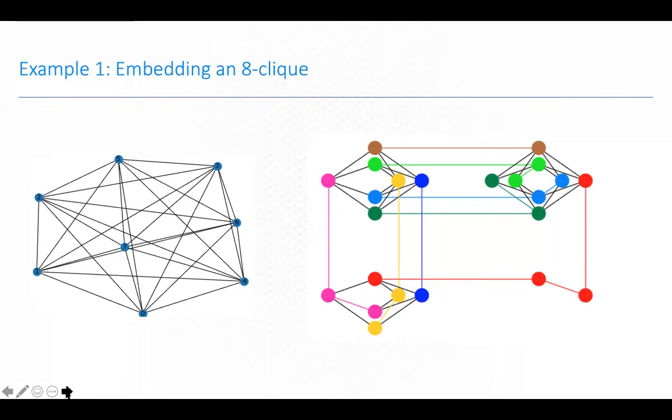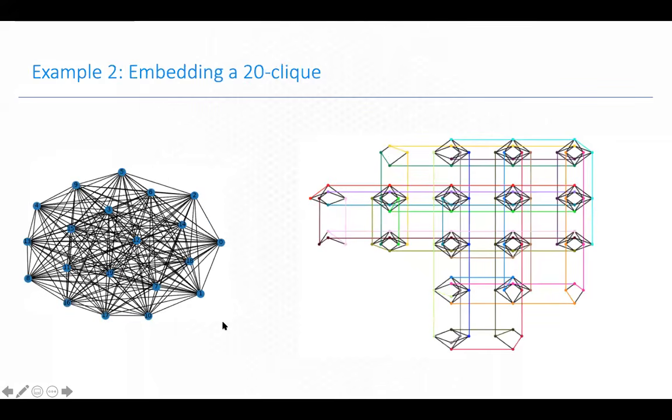Let's also do another example of a 20-clique, where any one of the 20 can reach any other. Notice like 4 on the left, yes, it has links to all the others. And this is what it looks like when you embed it. I've just always thought this is kind of cool, that this algorithm is smart enough to find all these chains. The chains are not terribly long in this case. I don't know if you can see my mouse, but I think that's a 7 chain in the pink there. And the purple looks like maybe 5. Not too bad. Obviously, as the problems get bigger, it's going to use up more and more of the terrain